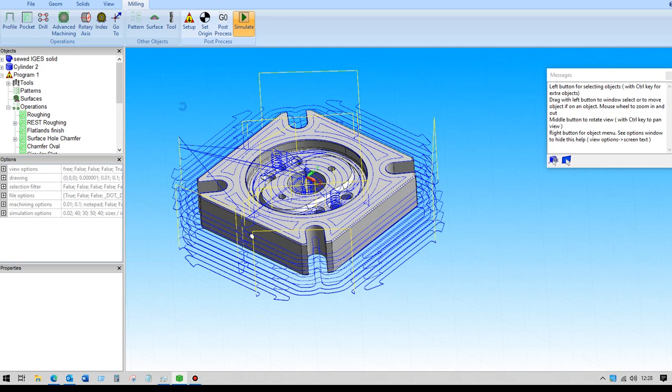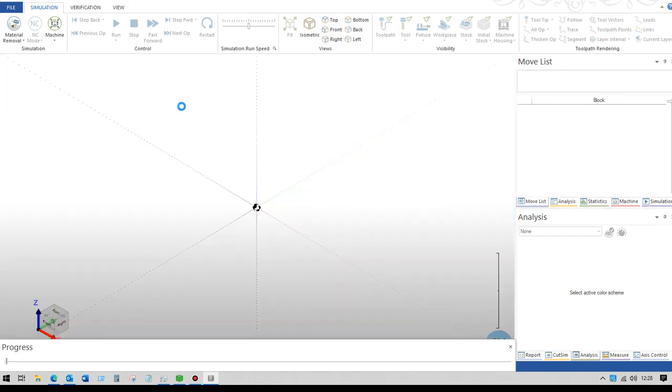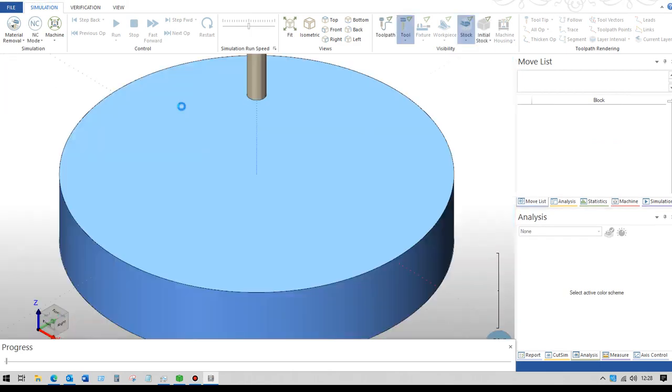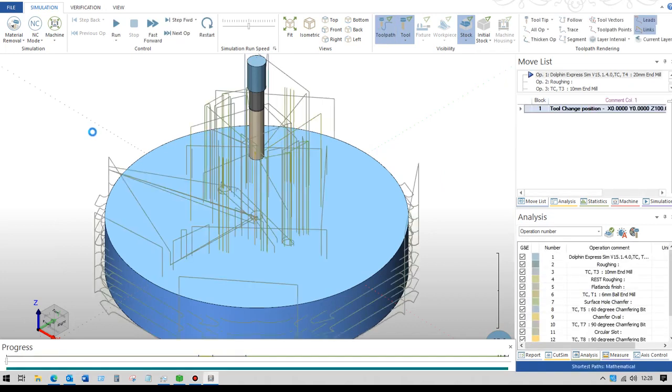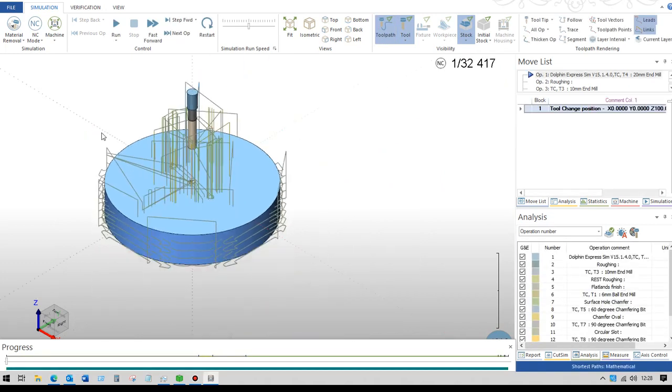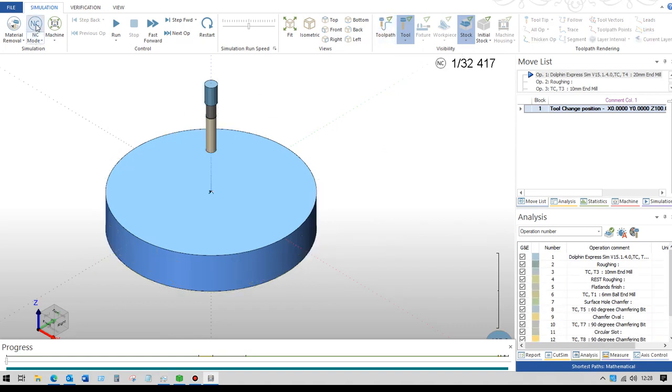That's now preparing the data for the simulator. So it calls up the simulator. This is the stock model that we created. The toolpath can be switched on and off,